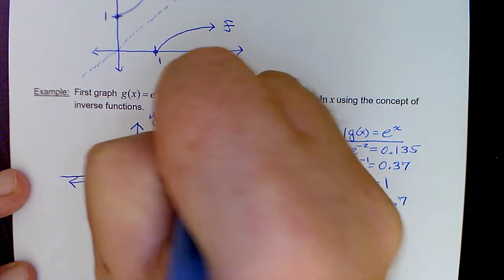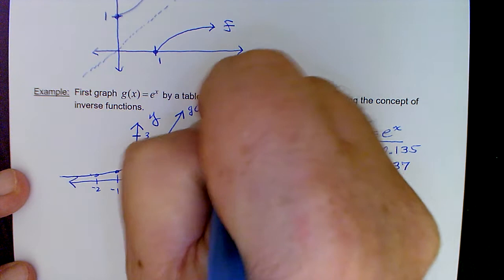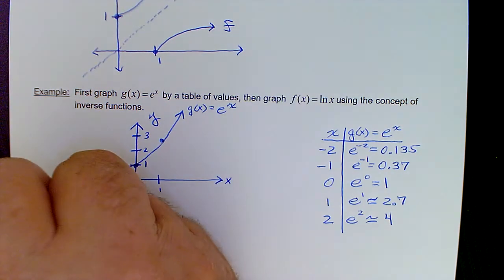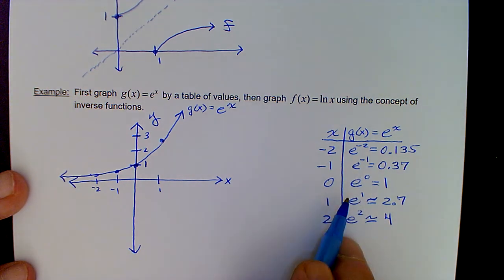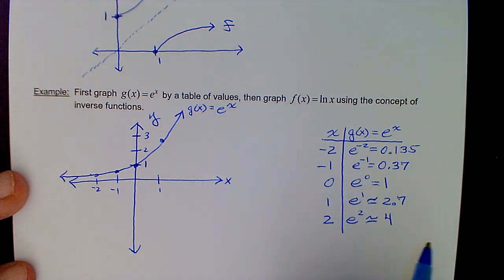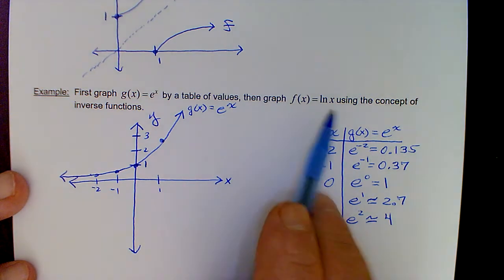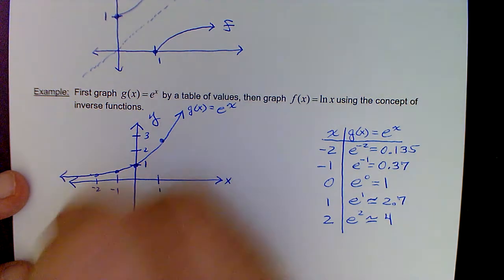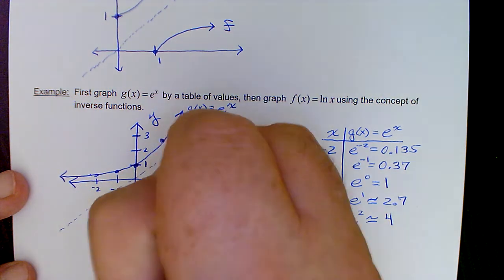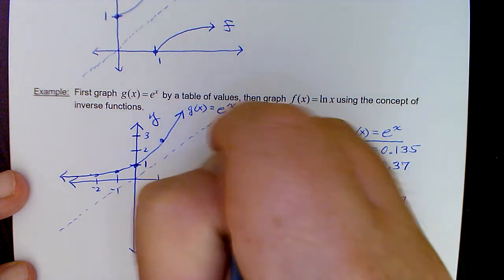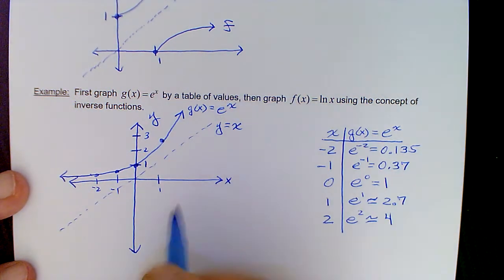So that's g of x equaling e to the x. And everybody should know what e to the x looks like. So you really shouldn't even have to create the table of ordered pairs. But the point here is to now use the concept of inverse functions to graph the natural log of x. So again, since we've defined them to be inverses, graphically, the reflections in the line y equaling x,